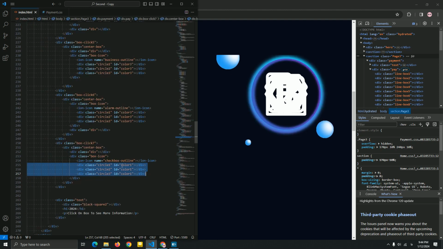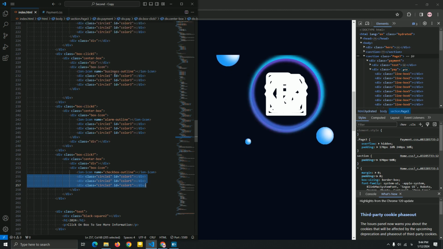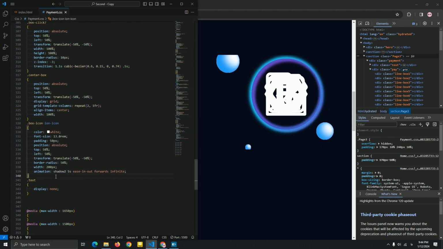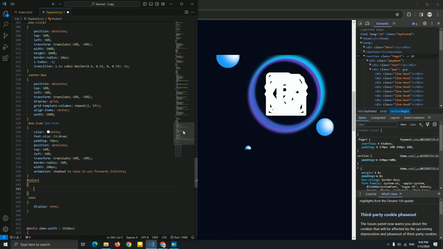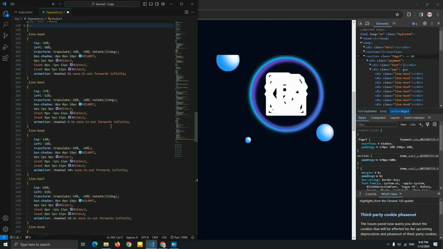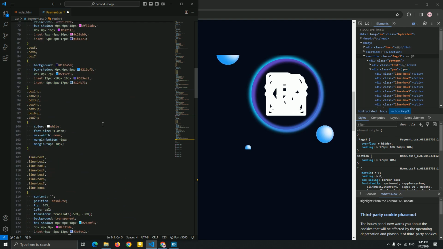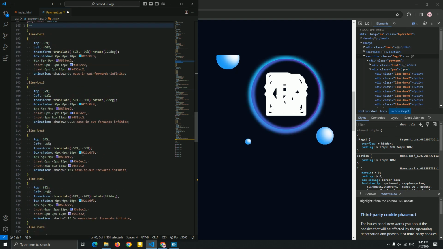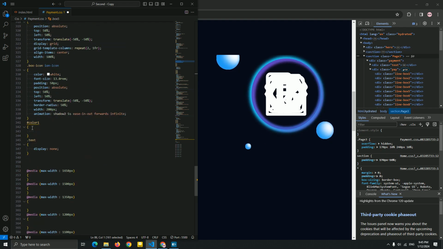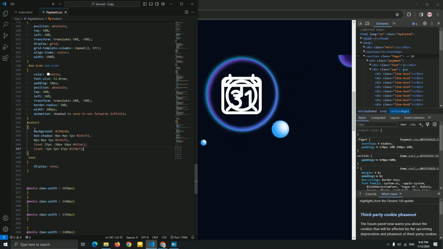Now if you see here, I add this ID color 1, color 3. If you can see it right now, I want to add a box shadow, different box shadow for every circle that we created here. So the color 1, I'm gonna add, let me add this color. Where is it? Okay, I think this is it. Yep, let me add it here, the color 1. So this is our first color 1.